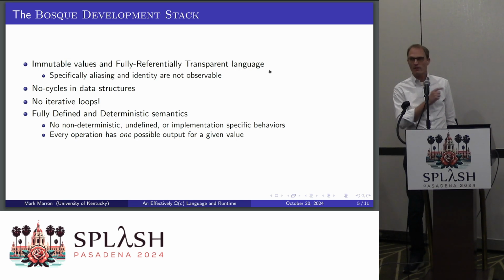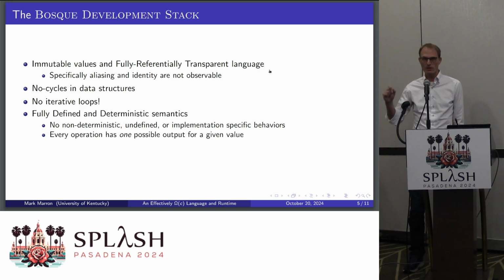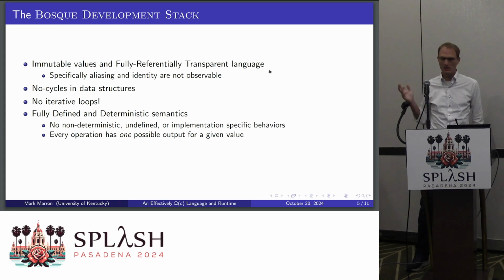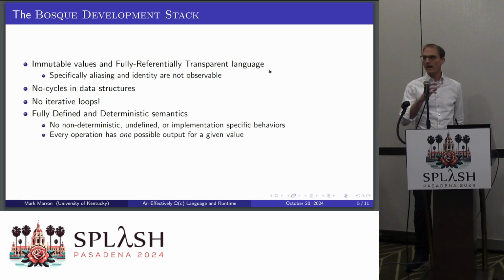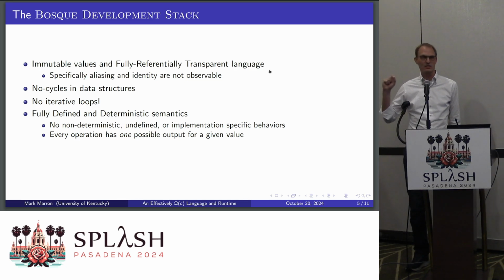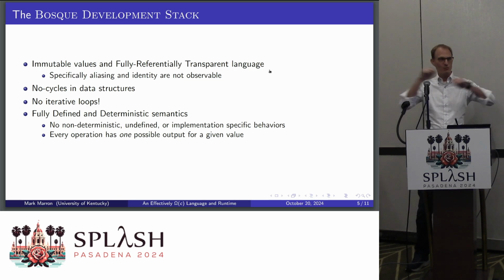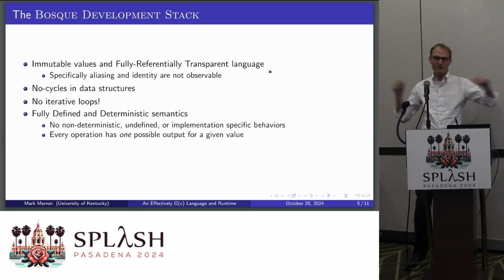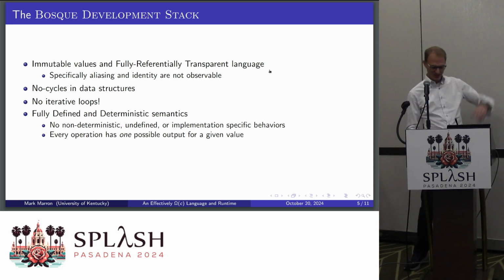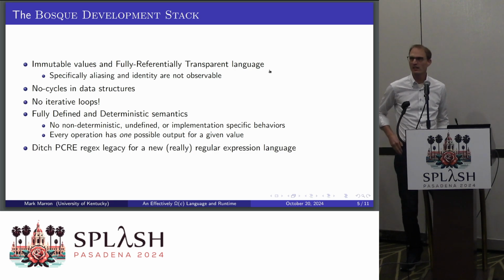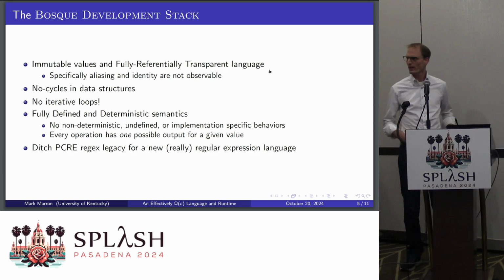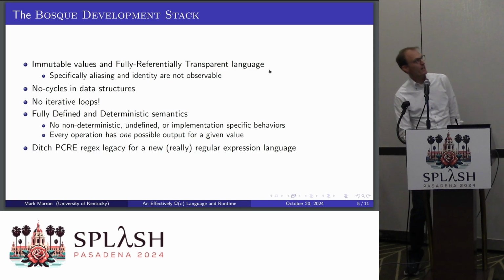This is kind of funny to me, but it's interesting. Over the years, JavaScript specs have gotten more and more prescriptive about the way things are done. If you look back, early JavaScript said enumerate keys in any order, it's great, we don't care. And as they've added new features, it's you must enumerate keys in the order that they were inserted in, because developers got really tired of different companies' browsers doing it in different orders and having all sorts of weird bugs. So this is another one. And lastly, PCRE regular expressions are really weird, so we're going to do a really regular expression language. And so how does this stack up?